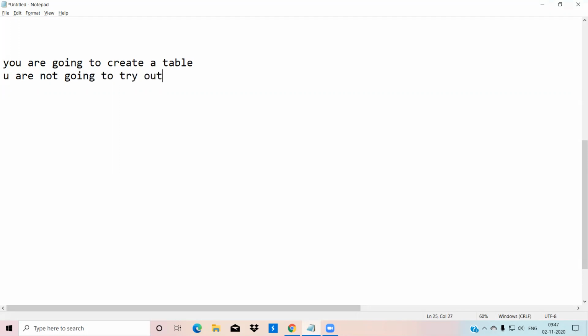You will not try to disturb the main table. Instead, you are going to use that table again and again, but the data must also be stored in that table, and you should not disturb that table either.